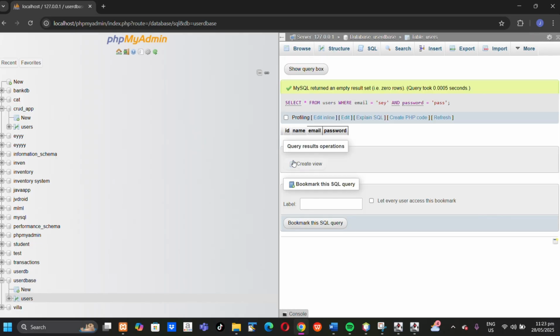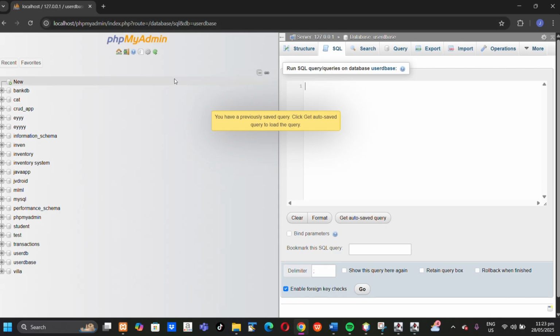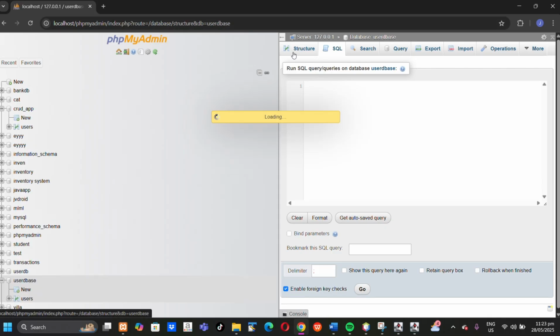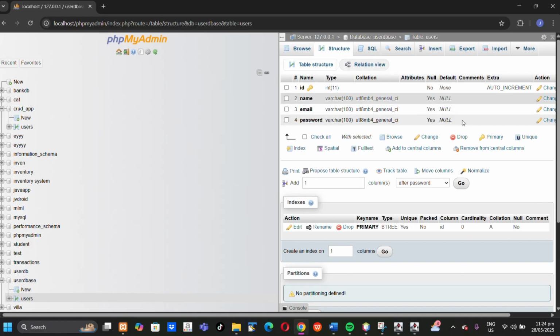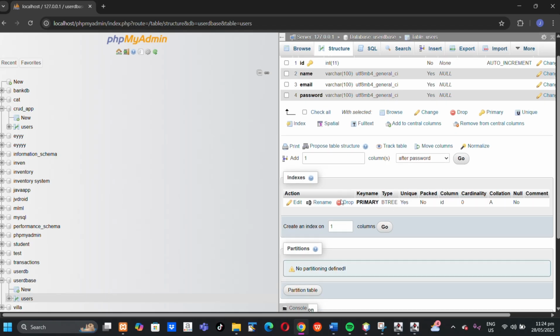Let's see. No, that's not how we use it. Let's go back to this structure of the users. Users is our table, as you can see. So how did I do